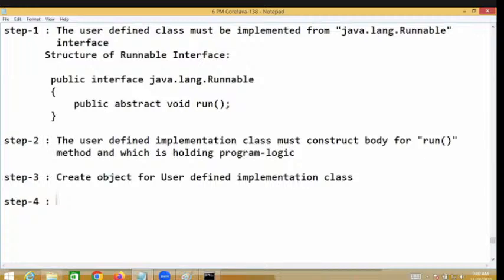Create object for user defined implementation class. We create object. This is the common process. One interface. For that interface, we write one implementation. That implementation has to take the abstract method and write the body. If you want to run that method, create object. These 3 steps are common. Okay. The 4th step is create object